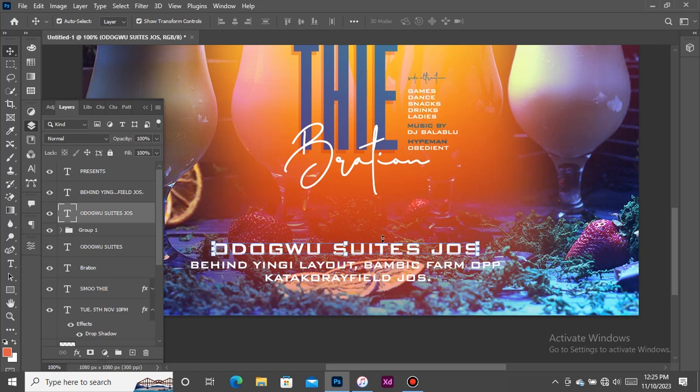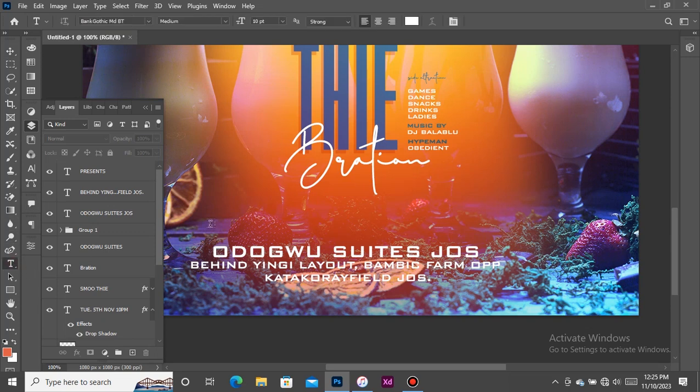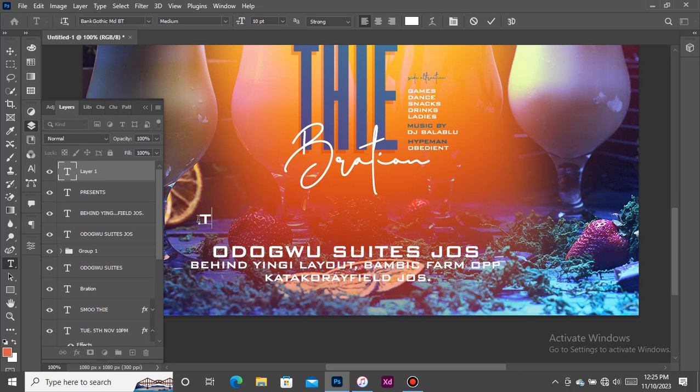So back to my address, or the location, I moved it down a little bit to be in line with the smaller address. Now what I'm trying to do here is something fancy, just to differentiate between the duration and the location or the address. So I decided to use T, but T was not giving me what I wanted, so